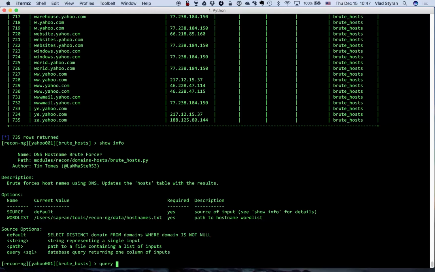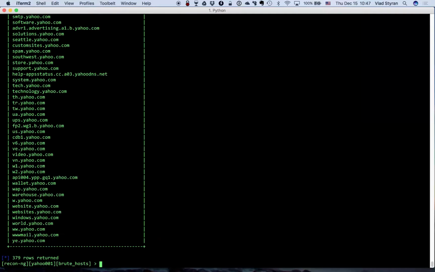by this query command, you just follow it by a valid SQL statement, right? And you see that there are 378 unique host names. Let's now load